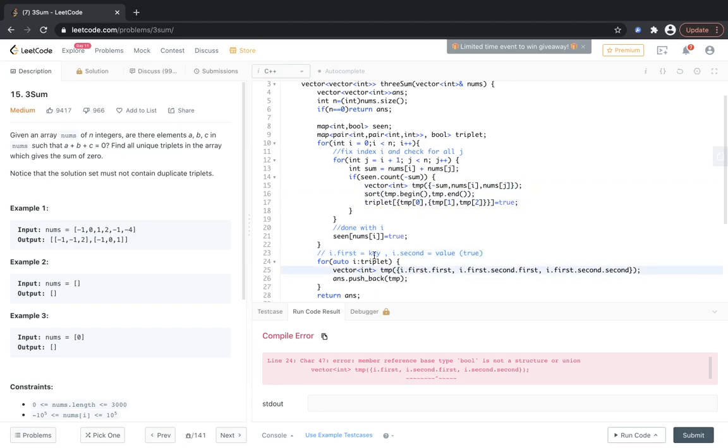So i dot first is the key actually. So just so we are not confused, our key is of the form pair int comma pair of int comma int, and so our key would be i dot first, and we can say that this is key dot first and key dot second dot first, because key dot second is itself a pair and we need the first element and the second element separately. So key dot first, key dot second dot first and key dot second dot second.